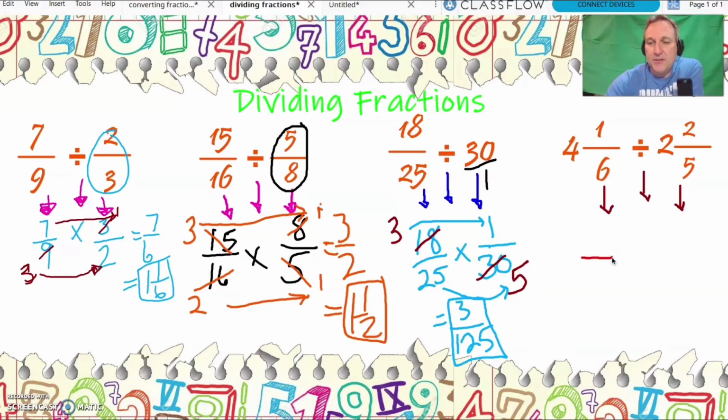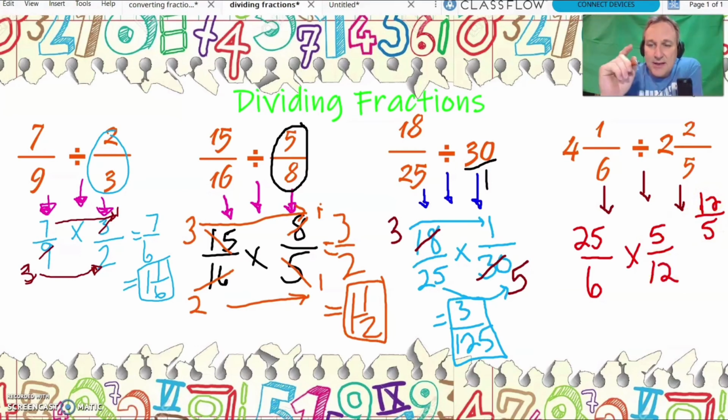improper fractions. So if I do that, I get 6 times 4 is 24 plus 1 is 25, and that's over 6 because the denominators are the same. Change this to multiply, and then over here I'm going to get 5 times 2 is 10 plus 2 is 12. So I'm going to get 12/5. But if you remember correctly, that number on the right, you have to take the reciprocal of that. So that's going to become